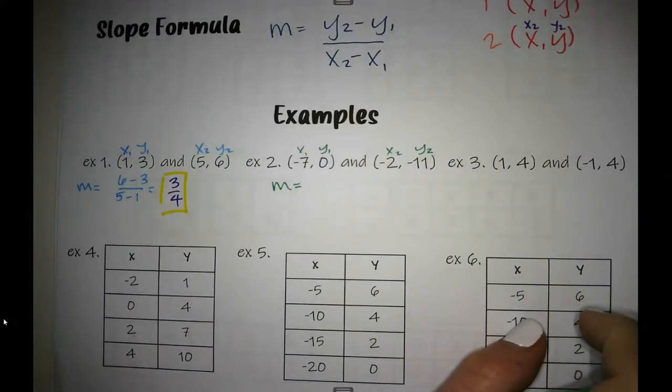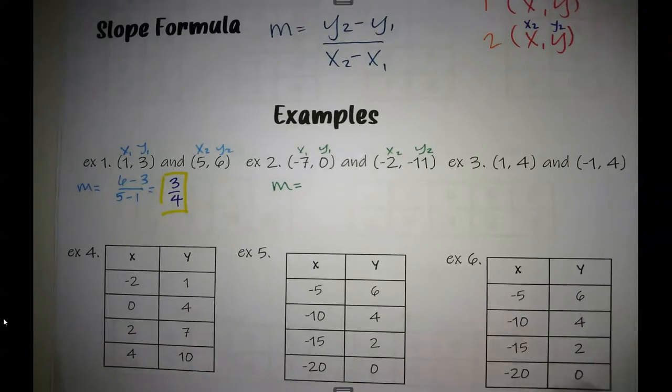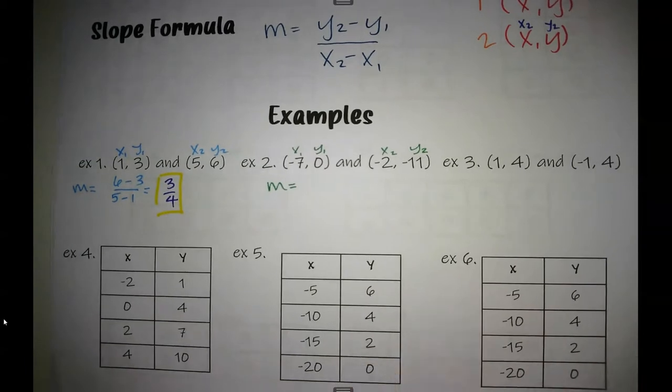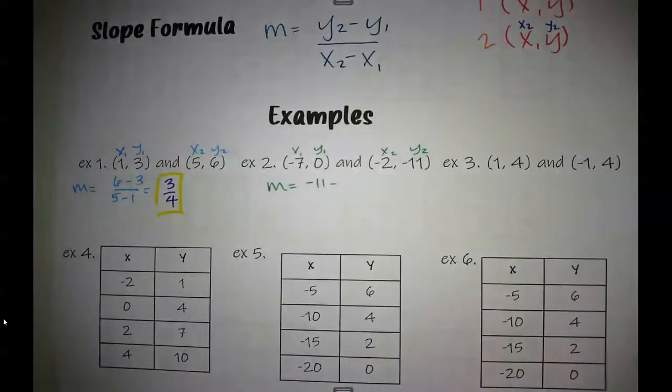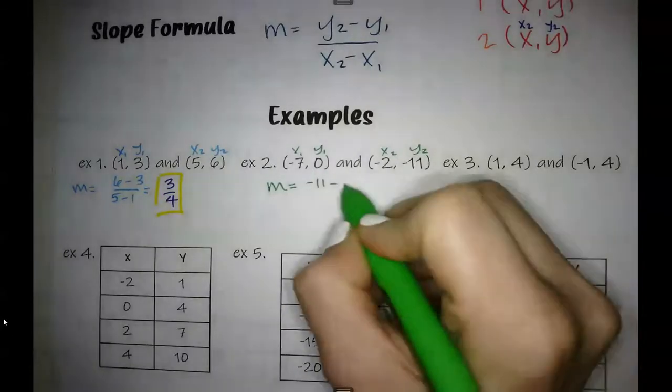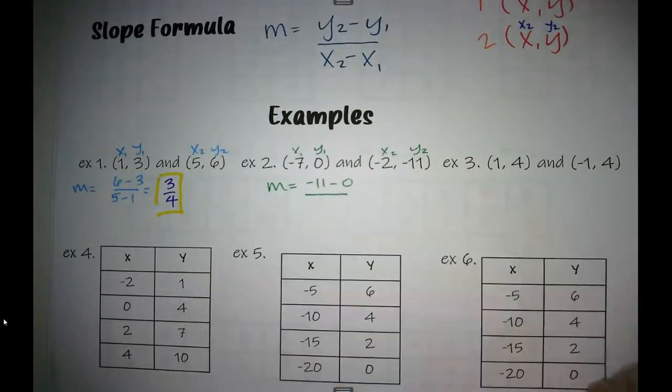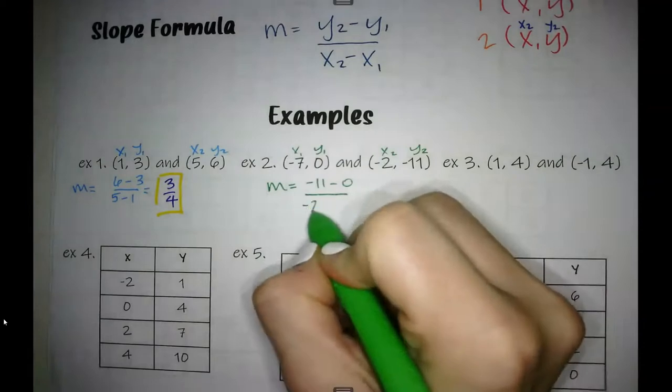And if you're having trouble figuring out when you change it to a plus, then let me know and I'll show you how to figure that part out. So we've got y2, which is negative 11, minus y1 of 0 divided by negative 2